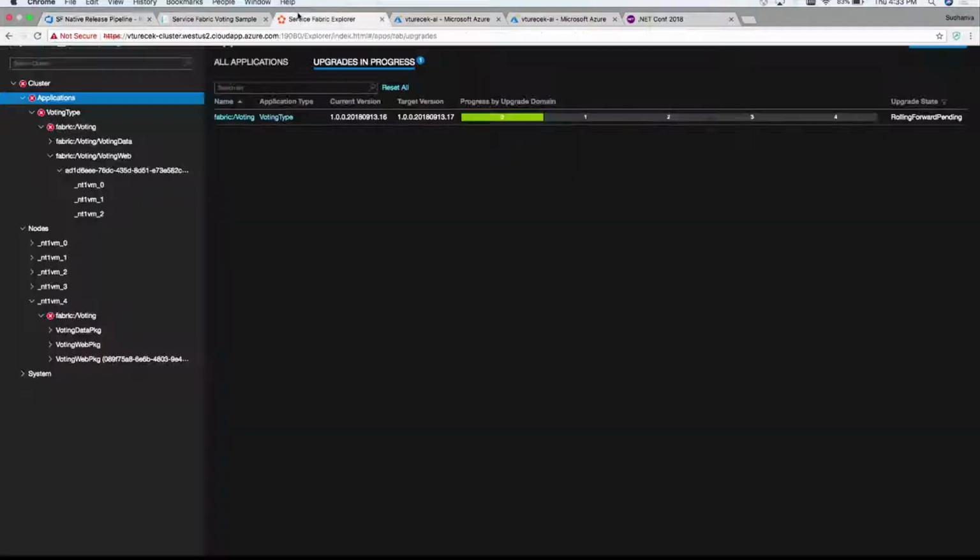It's fine. So when upgrades like this fail, or anytime you do any sort of cluster level operations, one of the other things you care about is your logs. We've actually configured this cluster and these applications with Application Insights. So if you go ahead and check out the Application Insights overview,